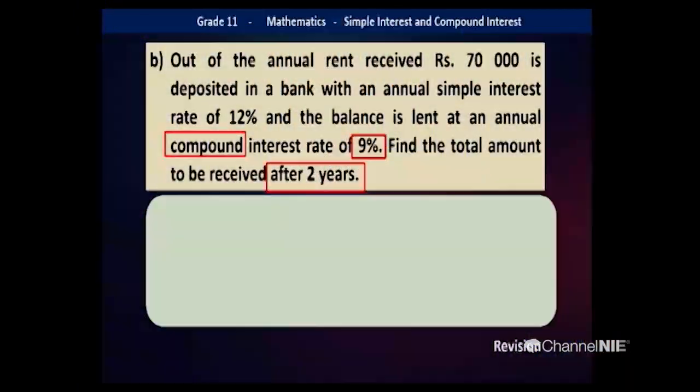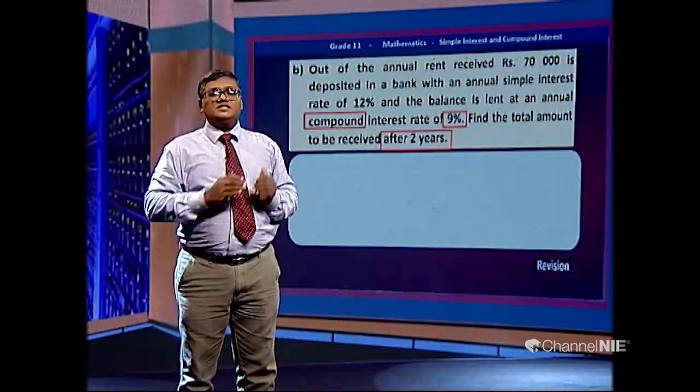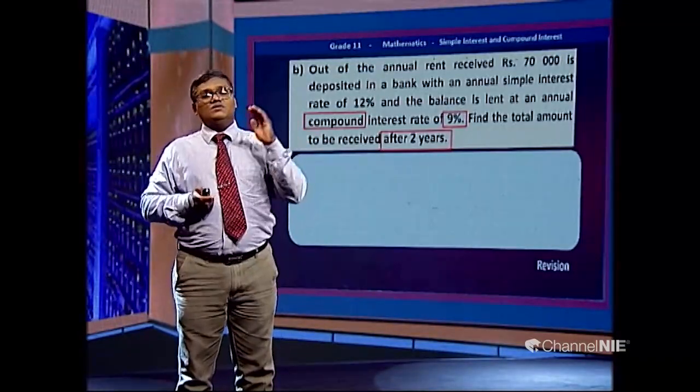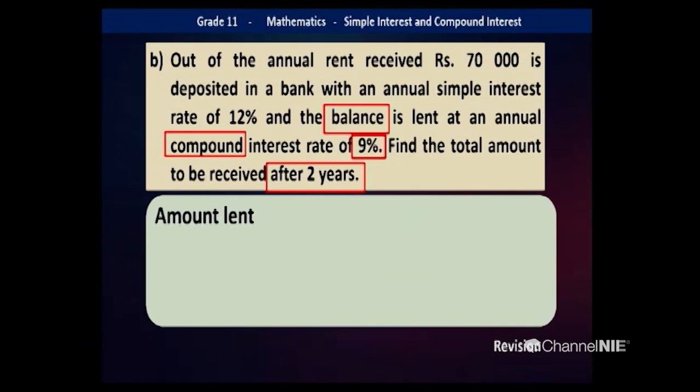You can remember they have given some story about compound interest. Let's see second part, the remaining amount. What is the meaning of remaining amount? From the rent income, he invested 70,000 in one investment method under simple interest rate. Then there is a balance. When you subtract 70,000 from 120,000, you get the answer 50,000. Now they are telling about that 50,000. 50,000 is invested in compound rate for 2 years at 9% annual compound interest rate.